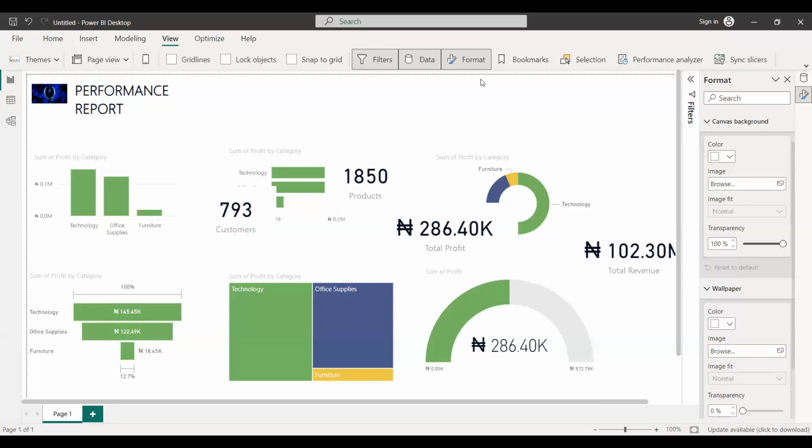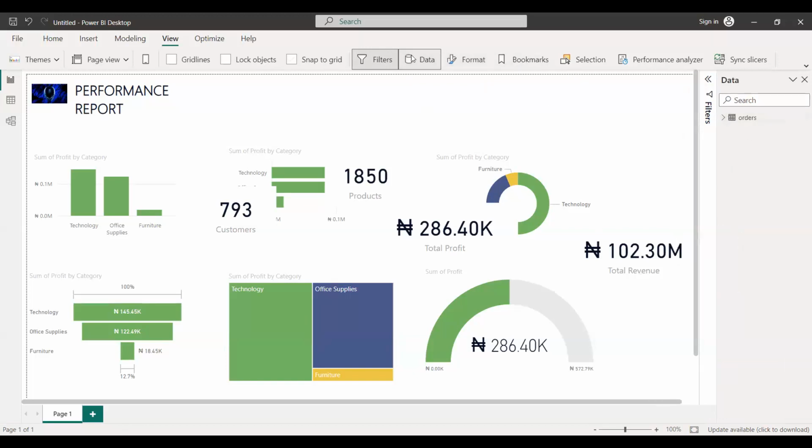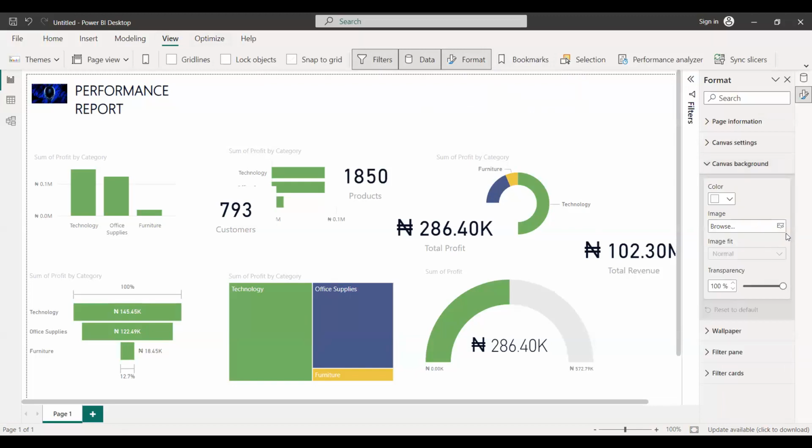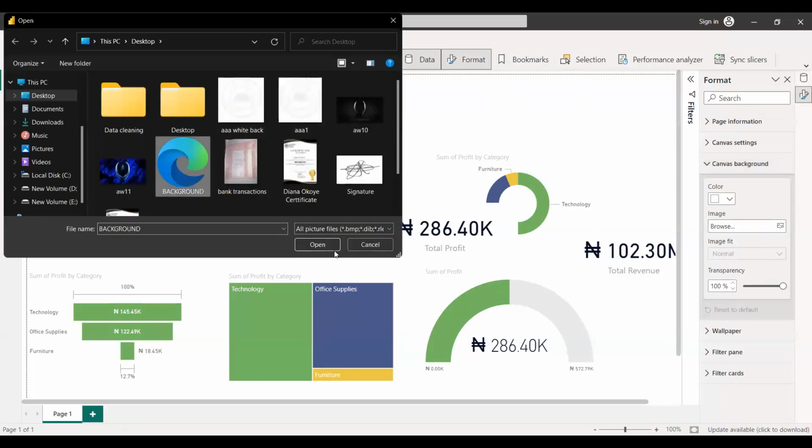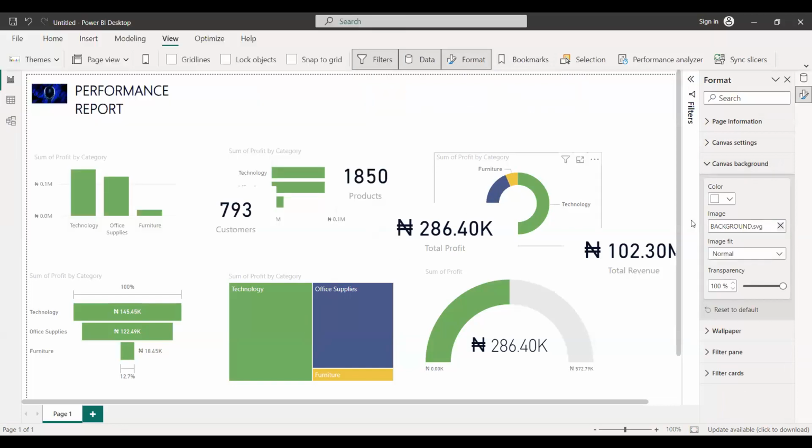Okay. So let me share my screen. All right, is my screen up now? Yes, it's up. All right, so format. So my backgrounds, formats, canvas background, browse, background, open. Now the transparency, then I have to now